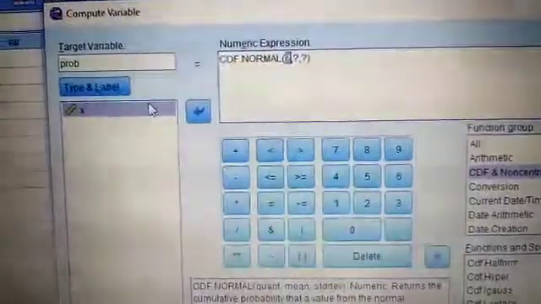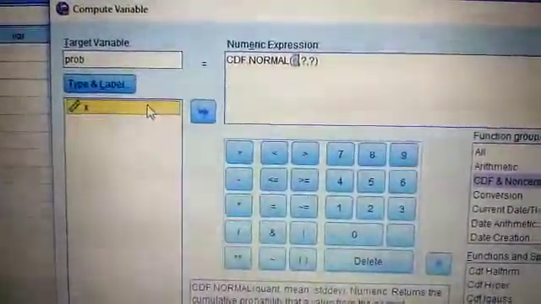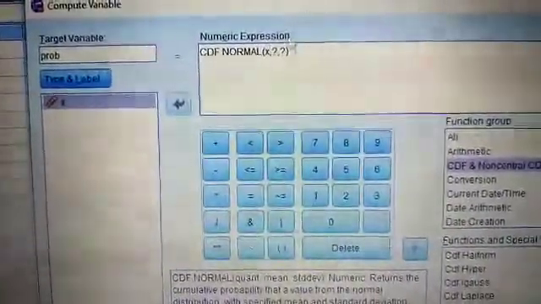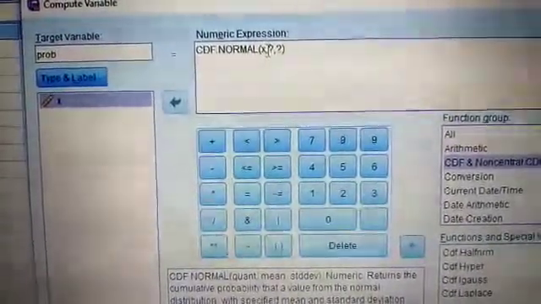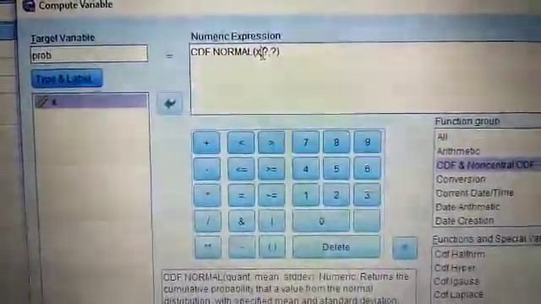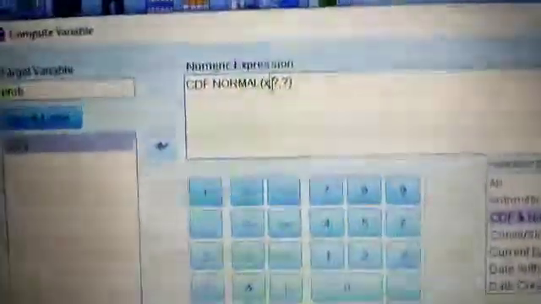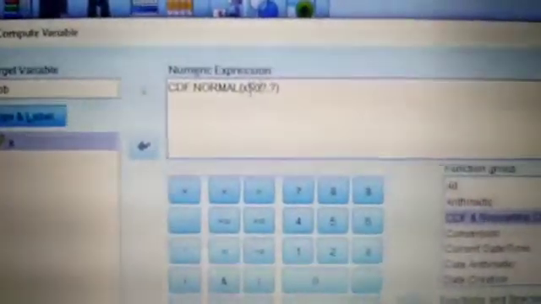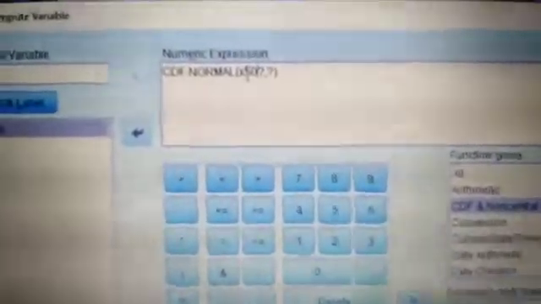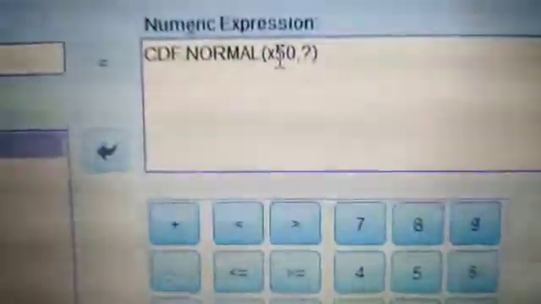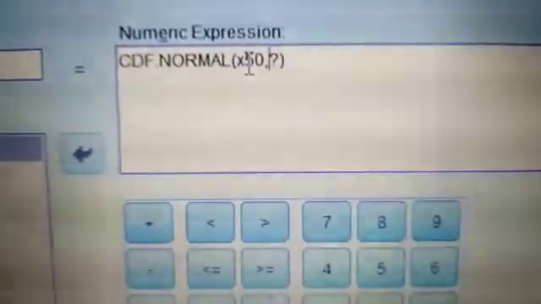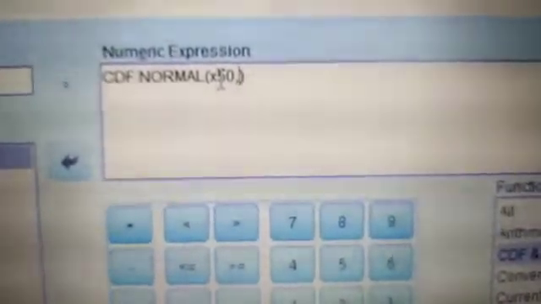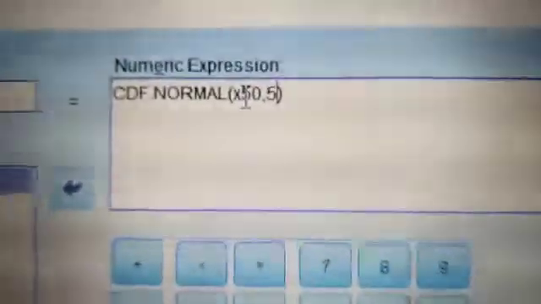So click variable x, then shift. Against quantity I put the variable x, then the mean is 50 for this question. And for standard deviation we will substitute 5.